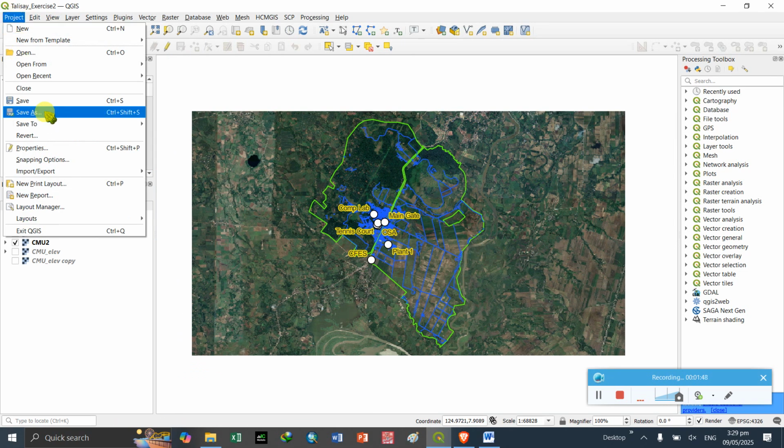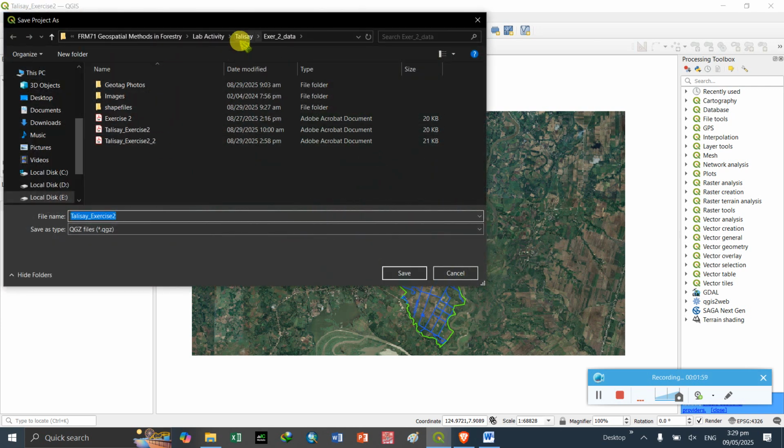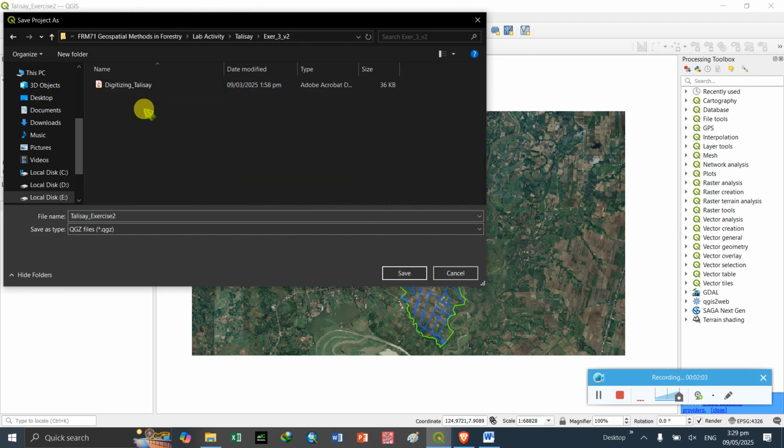create or save a new project using this existing QGIS project file and rename it to digitizing underscore your last name.